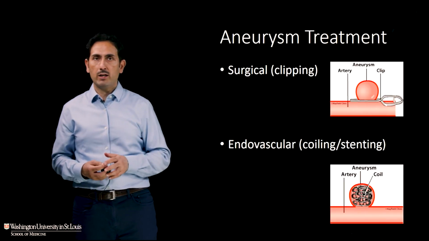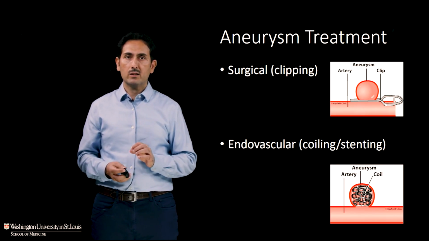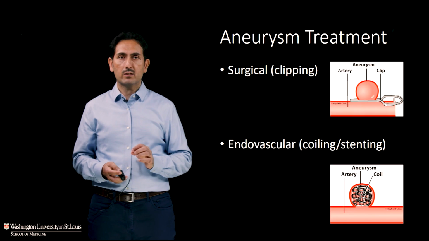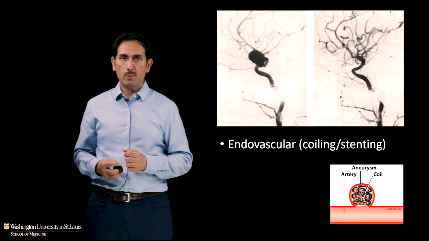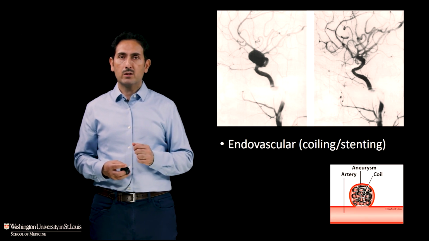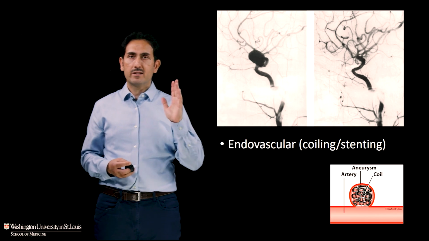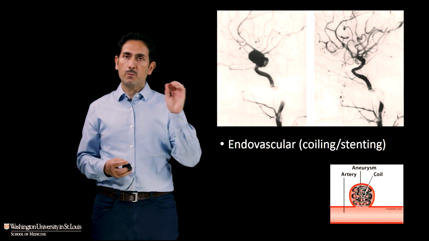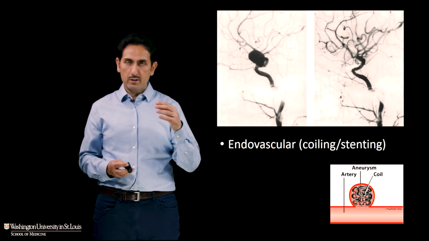So there's two ways to treat brain aneurysms. One is through surgery, which is a little more invasive, through clipping, and the other one is through coiling, which is an endovascular approach. There are some cases when surgery may be better, and some cases where the endovascular approach may be better. So what are the advantages of surgery? So surgery is more invasive, but more immediate. It generally involves a clip being placed across the aneurysm.